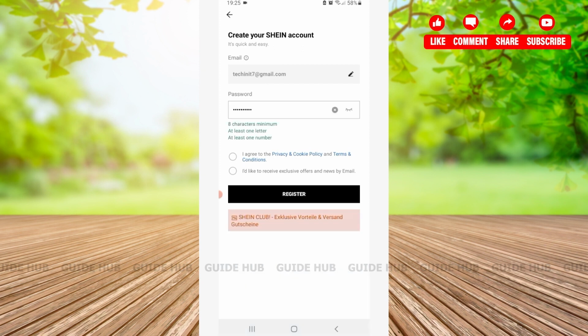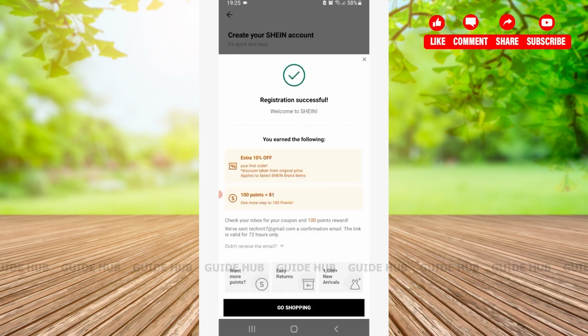After you have typed your password, on the below you'll get to see I agree to the privacy and cookie policy terms and condition. Tap on the option and tap on register. And just like that, here as you can see, registration successful. And with that, you'll have successfully changed your country or location from your Shein